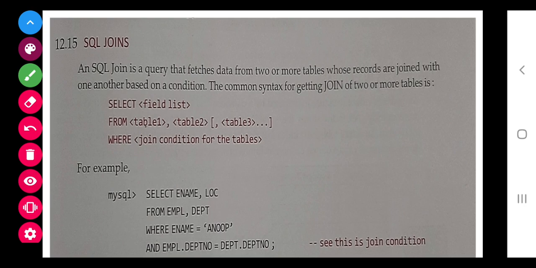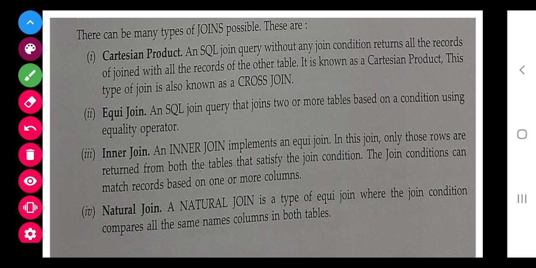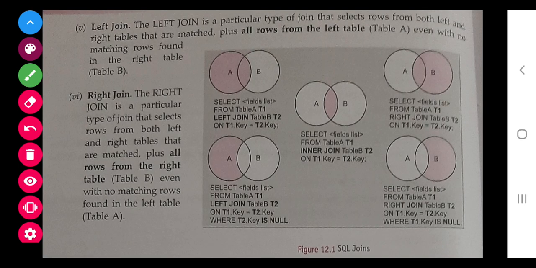In this you have to learn many joins, how joins happen, which fields we have to enter, which columns to show, which records to show, two tables, three tables. So that is the thing that we are going to learn a lot this year. From here you can say your syllabus basically starts. Now tables can be joined: Cartesian product, equijoin, inner join, natural join, all practical concepts that I will tell you. You can read by then, and later on left join, right join. So these are the different types of joins that we are going to do in this year.